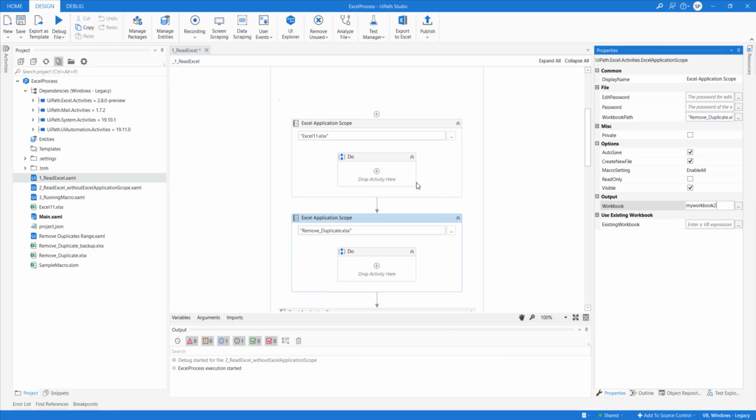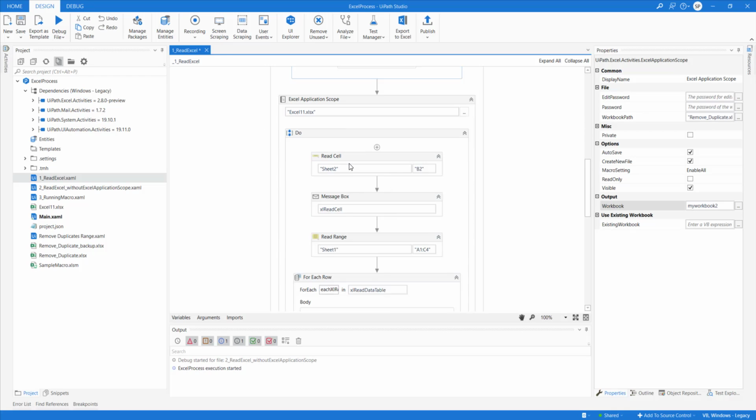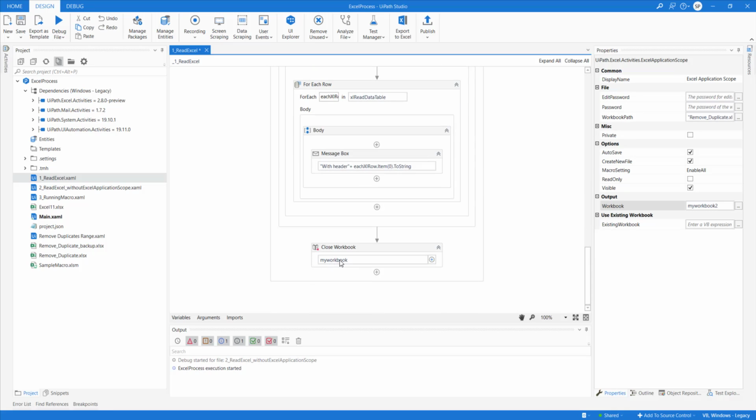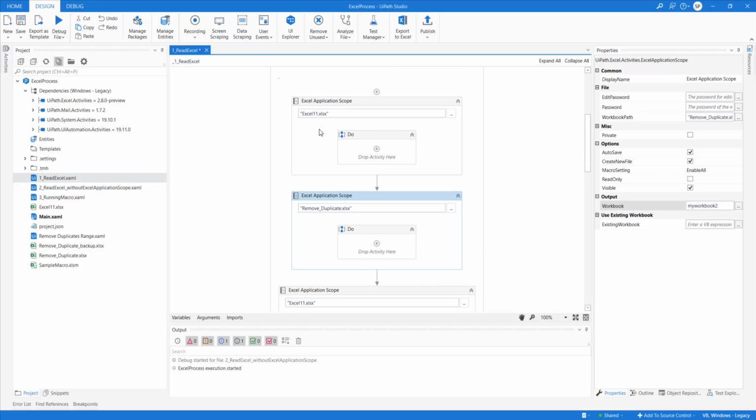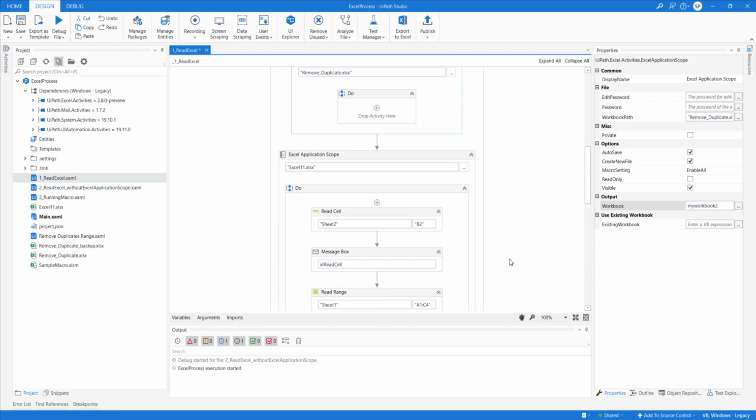This way, UiPath should be able to work on this Excel file and that Excel file without interfering, because you need to specify an identifier through which it can establish a connection to the Excel file and perform the required operations. And why is this required? When you perform all of your operations, you need to close the workbook. Otherwise, there might be a problem the next time you read it, or there could be a chance of accidental damage to a file.